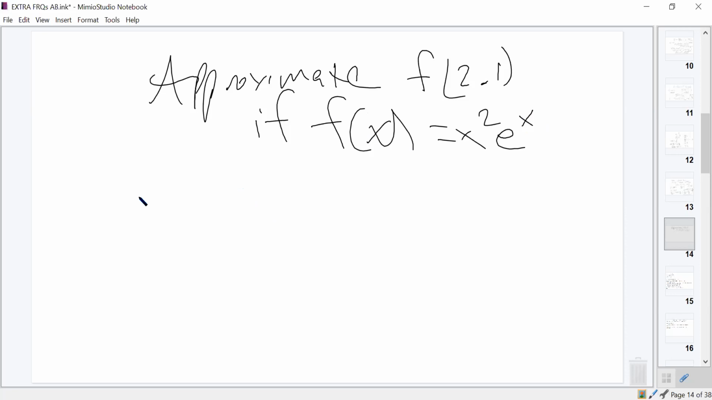So we'd say that our change in x is going to be 0.1. Our x value will be 2. We'll get some value close to 2.1. It's easier to evaluate 4e squared. And so then we will say that the